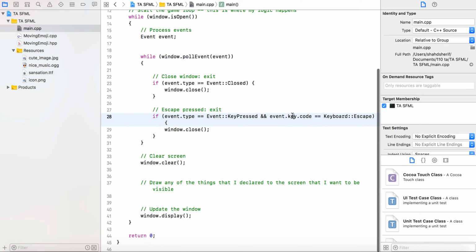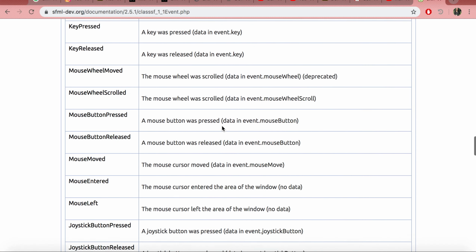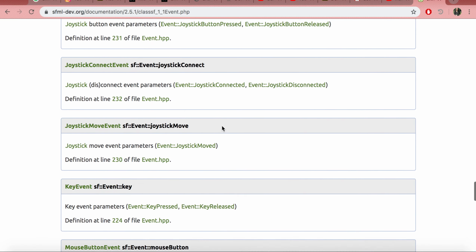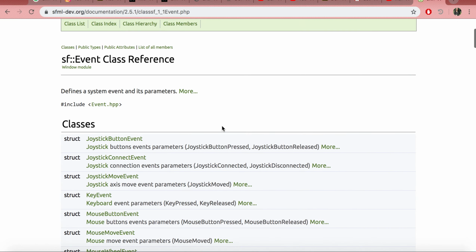Again, where did I get this syntax? We're going to have to open the documentation to see that. Let's see. Event